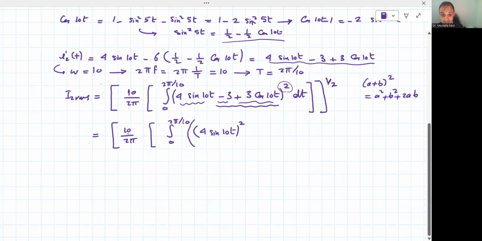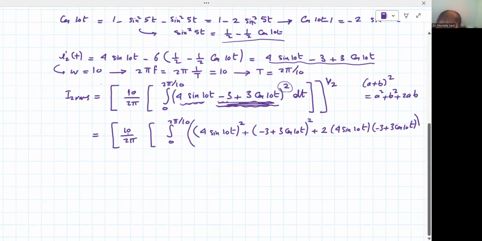Then I need another bracket. Very plus minus 3 plus 3 cosine 10t, another square plus 2 the first multiplied by the second, 2 times 4 sine t minus 3 plus sine 10t. Close that bracket, put the dt, put the second bracket,